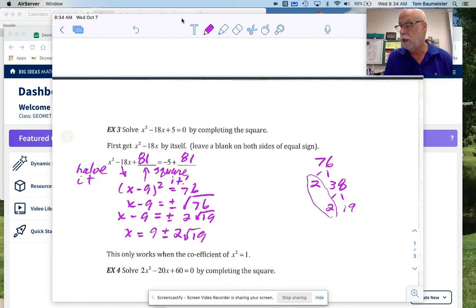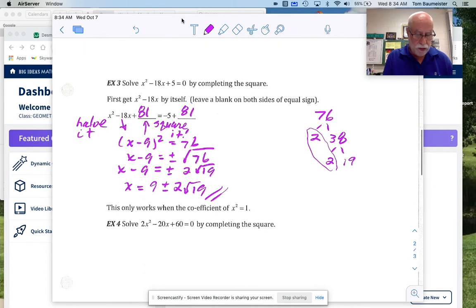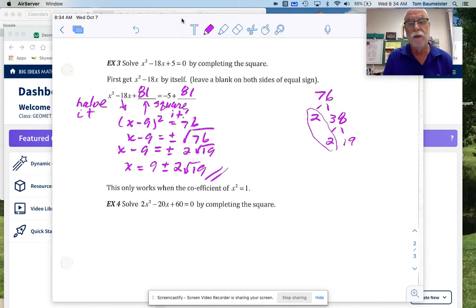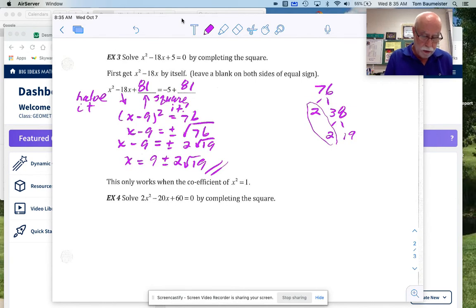Again, I didn't ask you to approximate it, so that'll work. All right. So now this only works when the coefficient of x squared is equal to 1. But sometimes you can still do it, so read the directions carefully and look at it. All right. For example, 4 here, it says solve 2x squared minus 20x plus 60 is equal to 0 by